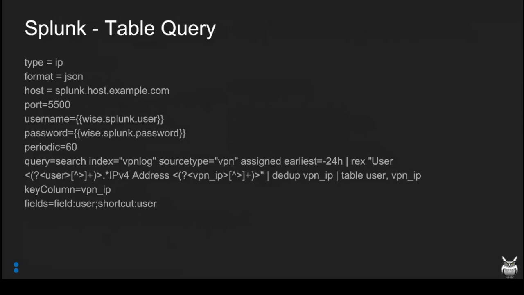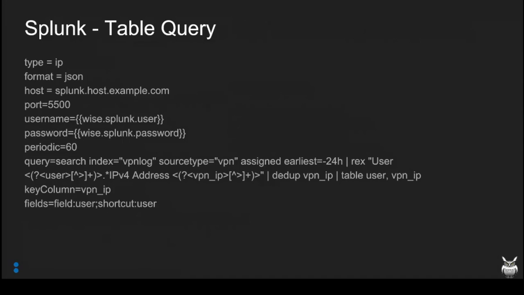So one of the differences between the Splunk implementation and the Elasticsearch implementation is for Elasticsearch, we only support a query per thing. So you look up an IP, it goes to Elasticsearch, it looks up by that one IP and gets a result back and does that. Our Splunk implementation supports that, but it also supports a table version, which I'm told is better for Splunk, where you just say, give me it all. Like, give me all of the users